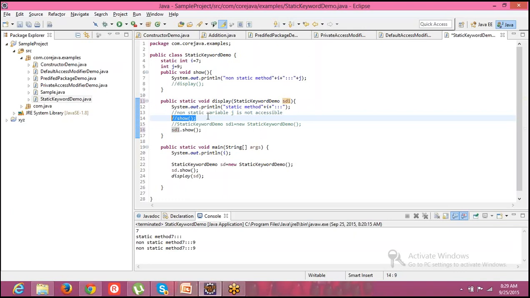So there are some exceptional cases in Java, and they are provided with alternative solutions. Suppose in your real-time scenario, in your project, you had to make your variables private only, and you have given your class to a particular client.